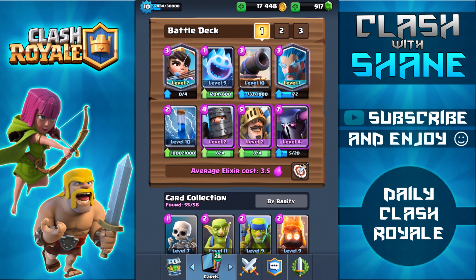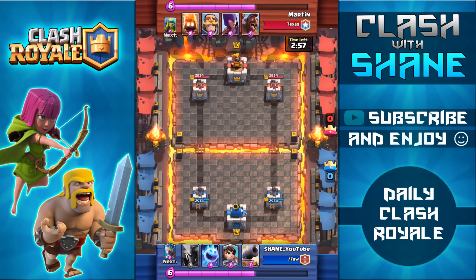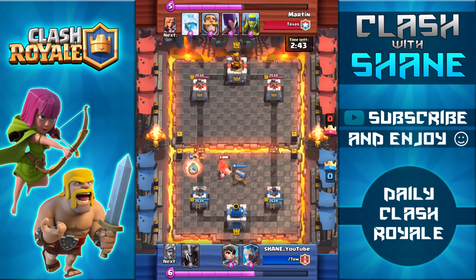But let's go ahead here, take a look at a couple of replays in a recent tournament that I'm participating in. So here we are in the first tournament battle, facing off against Martin in the clan Texas. Now, like I said before, I don't have the elixir pump in this deck, and that actually changes up the playstyle a whole lot, because with an elixir pump, you want to focus on defending and getting as many pumps as you can down until later on in the double elixir period, and that's when you start going on the